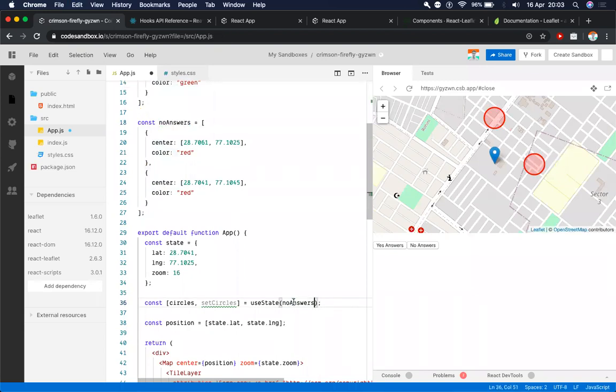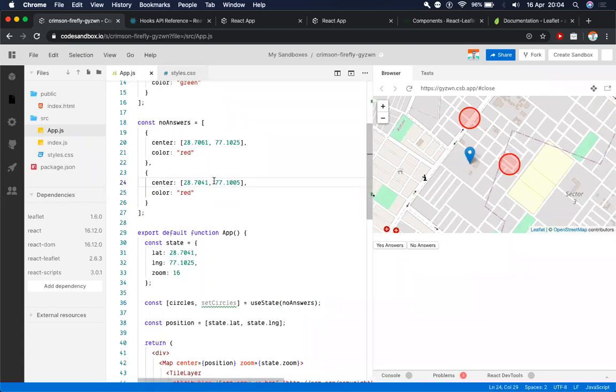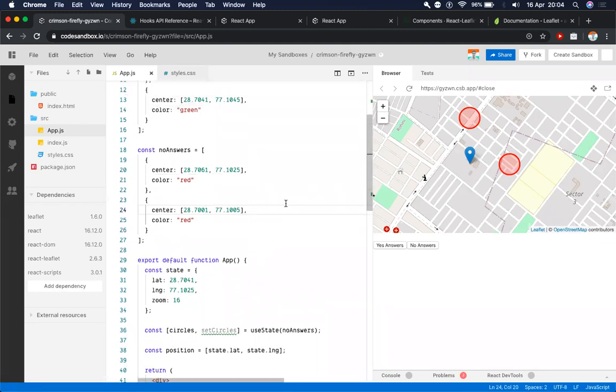So right now we are doing const circles is equal to no answers. And let's say that we manipulate one of them. Okay, why aren't they moving? I think it isn't live reloading right now.